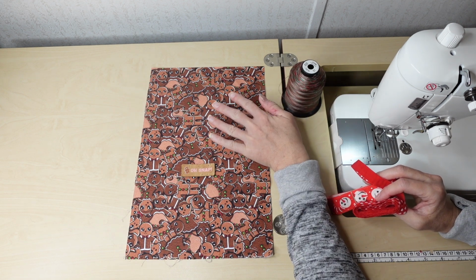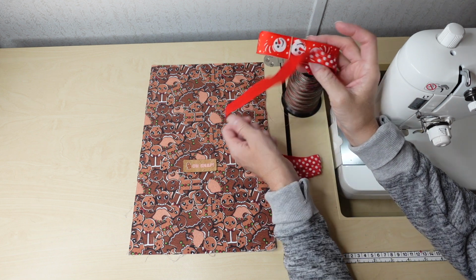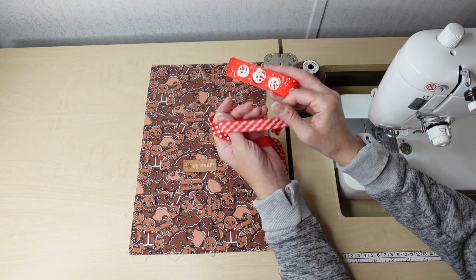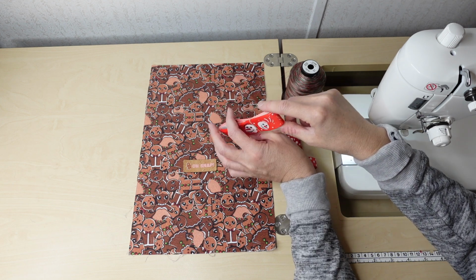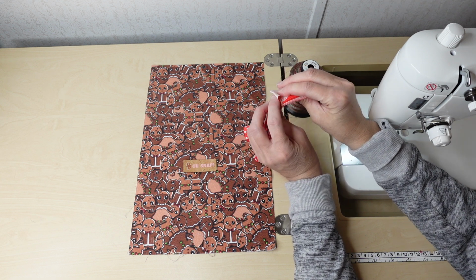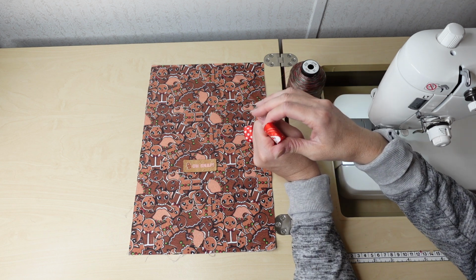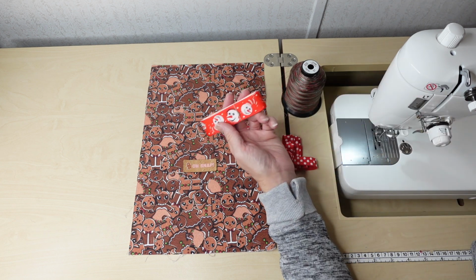I'm using thread from Wizardry, fabric from My Little Shindig, and a cork tag from Heartwood and Hod. Fold over elastic, I just had this in my drawer. I'm not sure where it came from. And then I'll put a link for where I buy this ribbon. I buy it a lot for binding around bags because it's thin and not hard to fold around things, so it doesn't add a lot of bulk. I think it's 50 cents a yard, which isn't too bad to keep on hand if I'm ever in a hurry and don't want to cut binding,